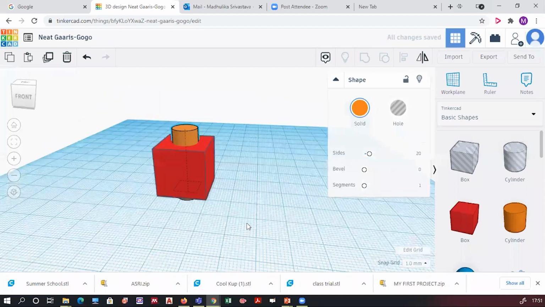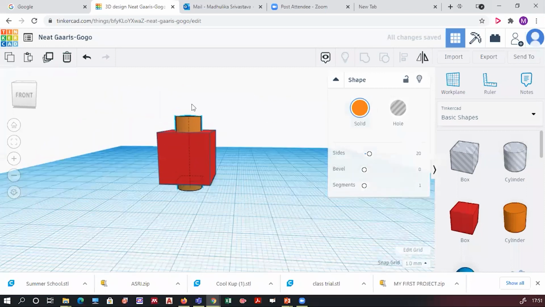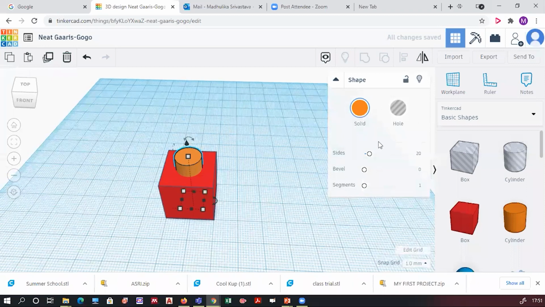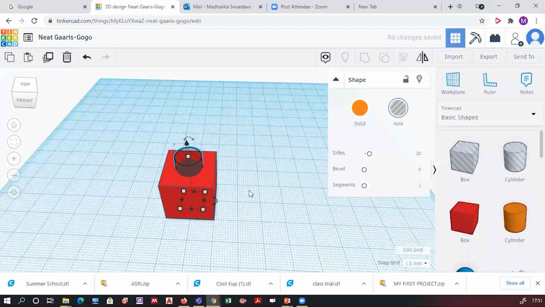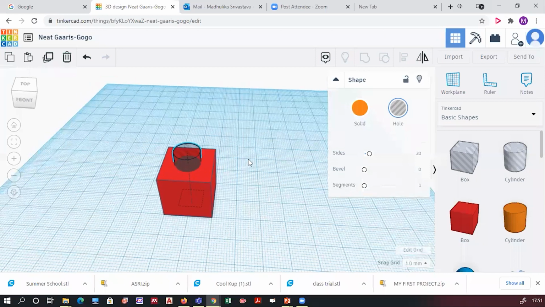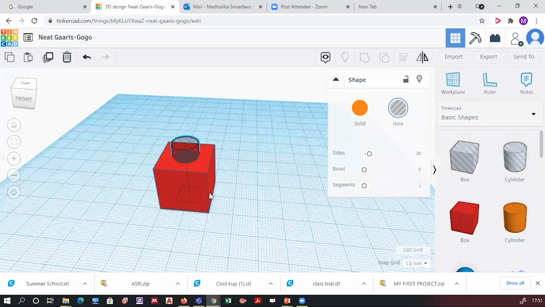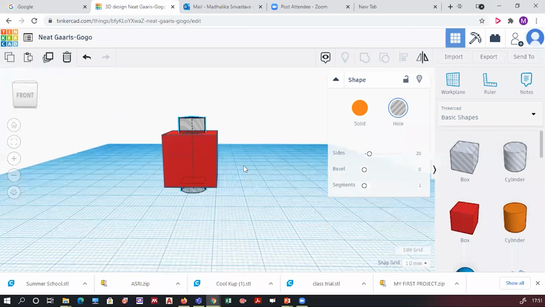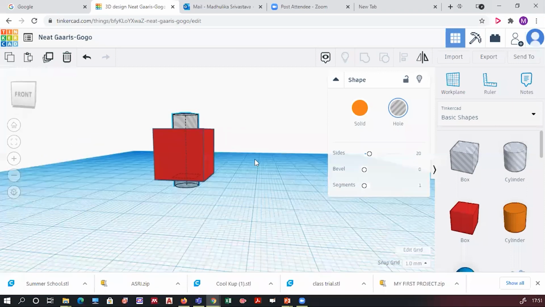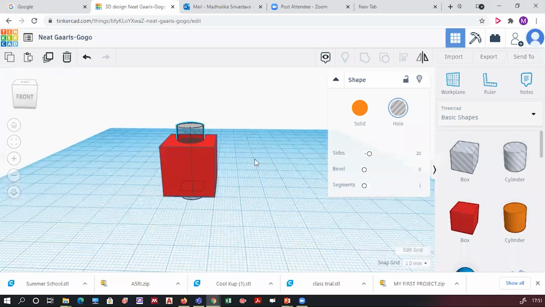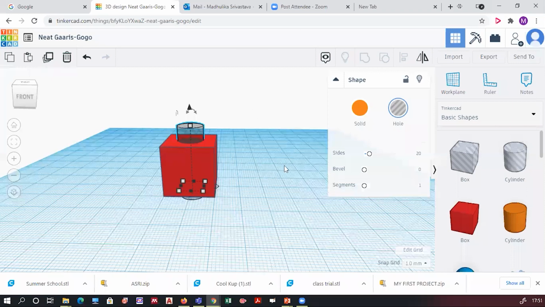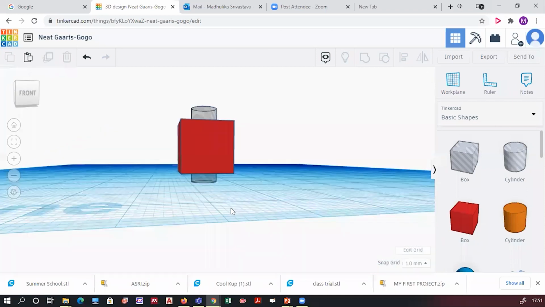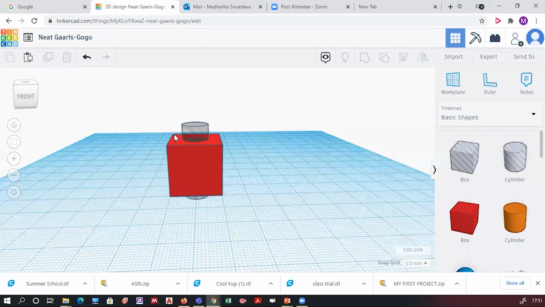Okay. Now, after dragging your cylinder inside, you see the shape option over here, right? There is solid, there is hole. Click on hole. All of you, please click on the hole option and you will see the cylinder which is inserted is appearing to you transparent. Okay. If you have done this, click anywhere outside the workspace. Now I have a block and a cylinder which is transparent.